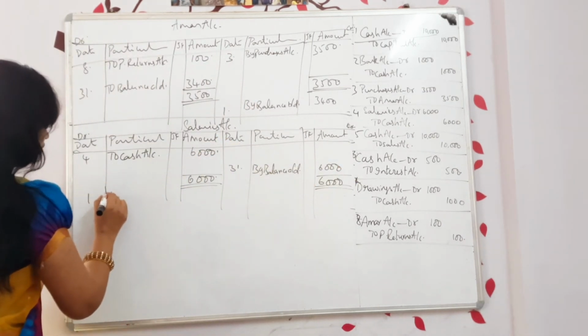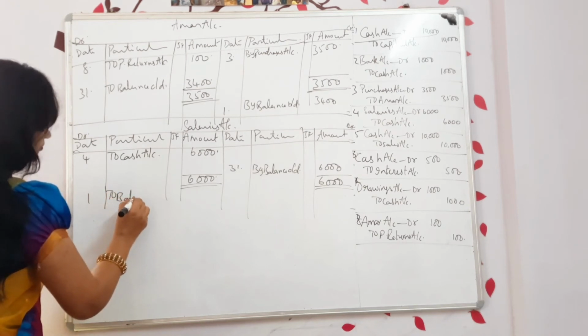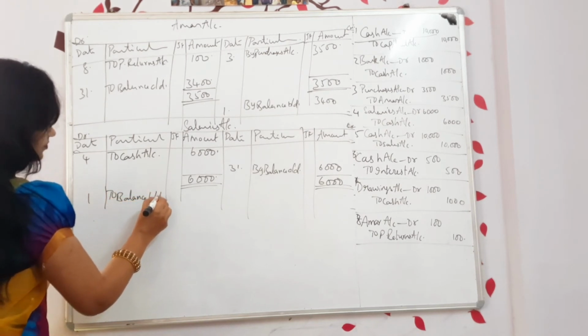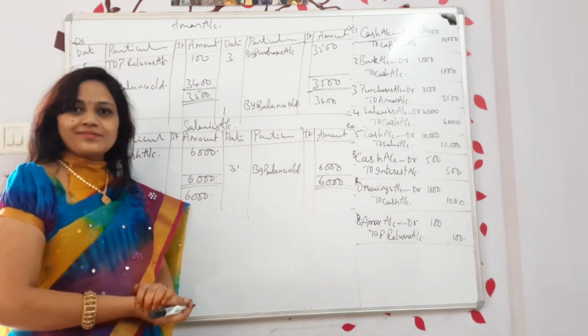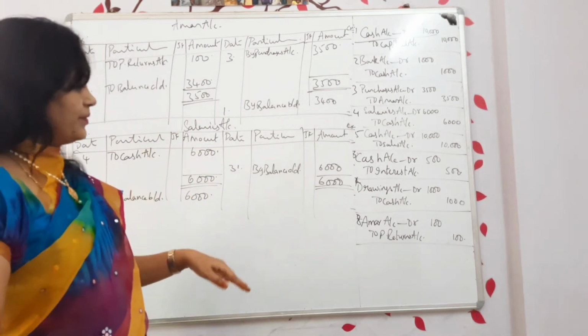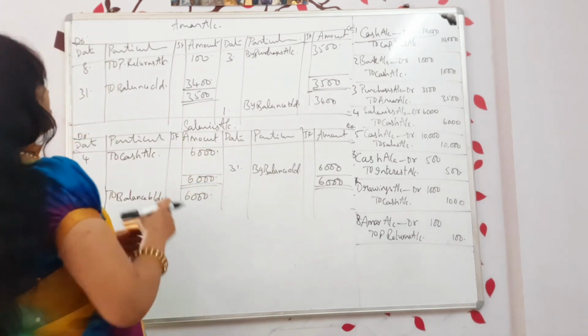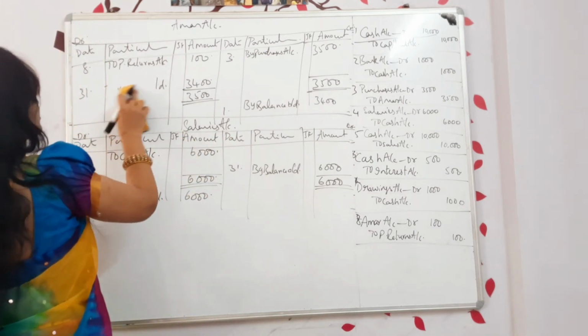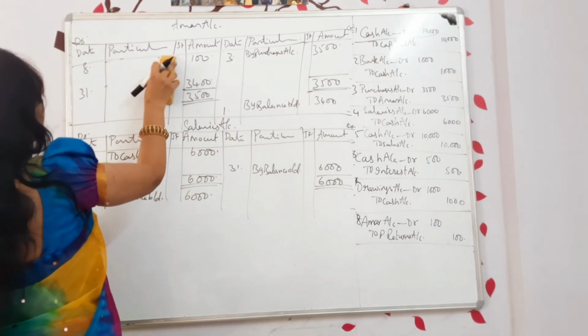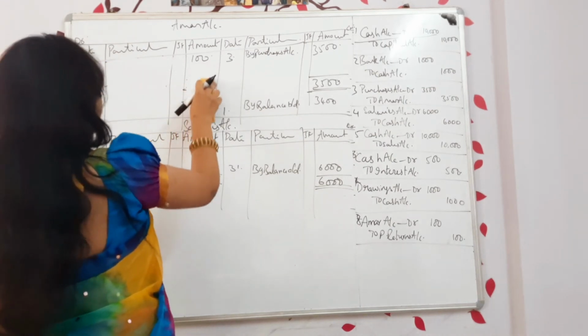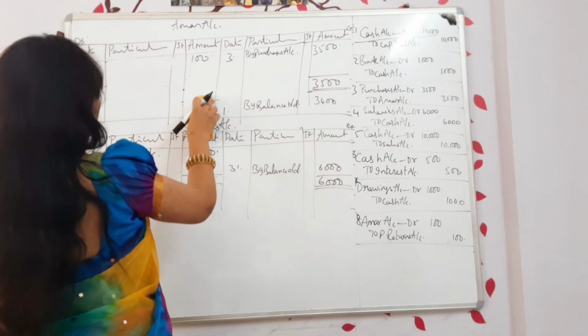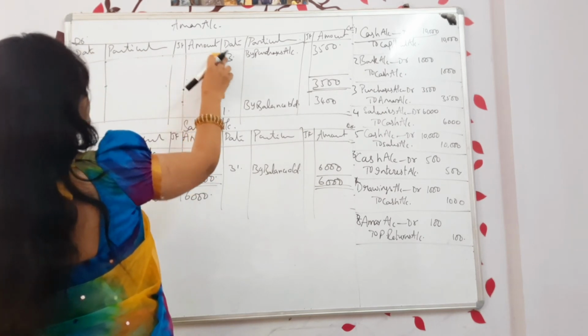Again on 1st, to balance brought down 6,000. Got it? Is it so lengthy? Yeah, it will be lengthy. You have to do it, then only you will get marks. Or else they don't give you marks. So now instead of giving the format again, I am just removing these. It will complete fast. Or else only to give the format I am taking longer time.